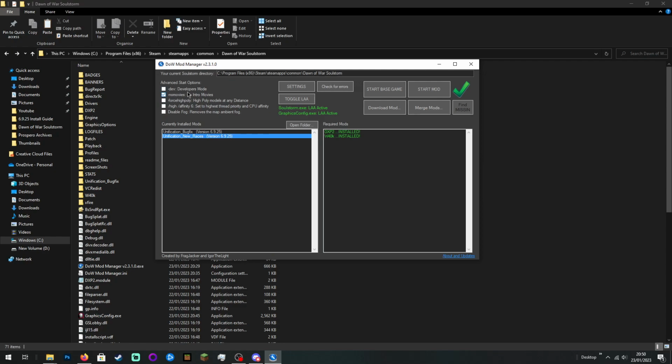Also, it's useful if you are using an auto-exec file. Now, an auto-exec file, which you can find in the screenshots channel in the Unification Discord, it's in the pins, that